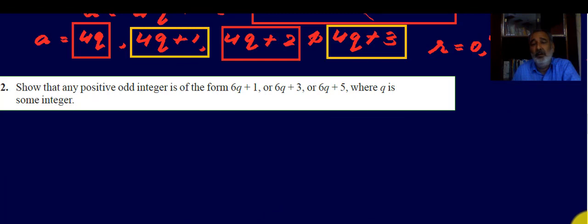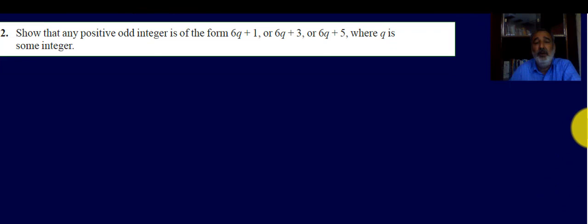This question is of the same type, exactly the same type. I'm taking only the solution now. Let's try it. Show that any positive odd integer is of the form 6q plus 1, 6q plus 3 and 6q plus 5. मैंने आपको बताया था किसी नंबर को यदि हम